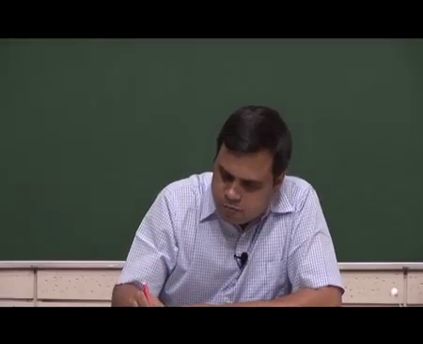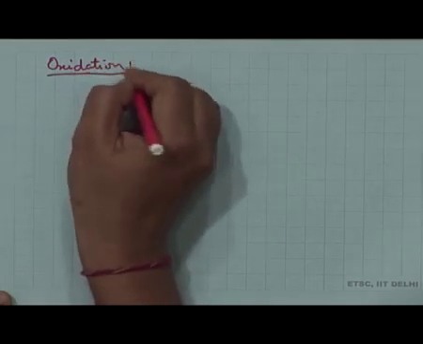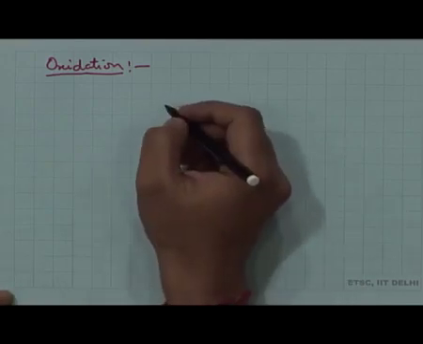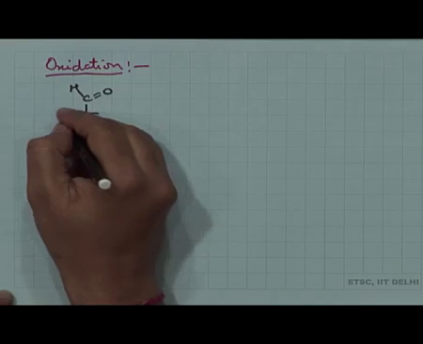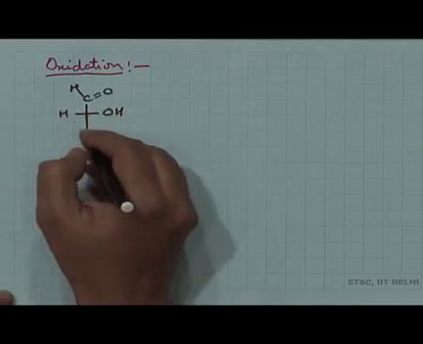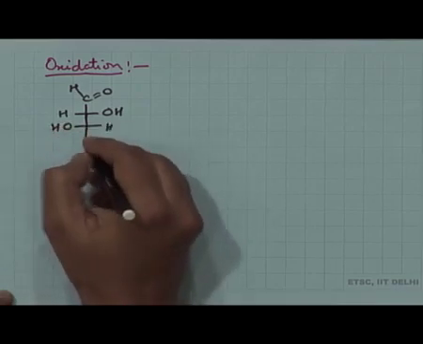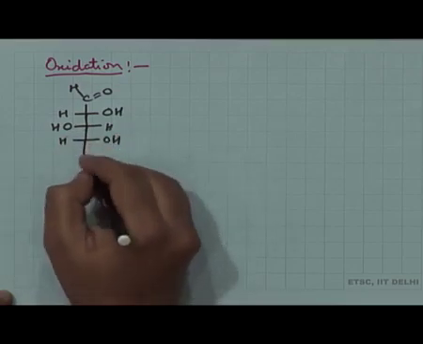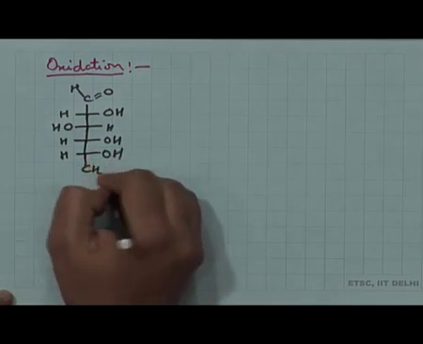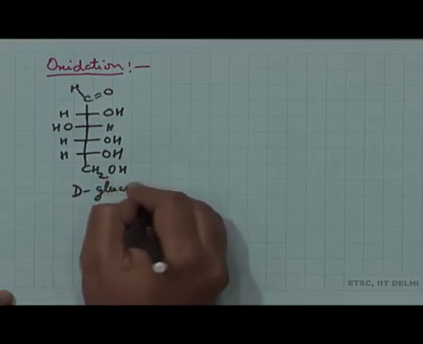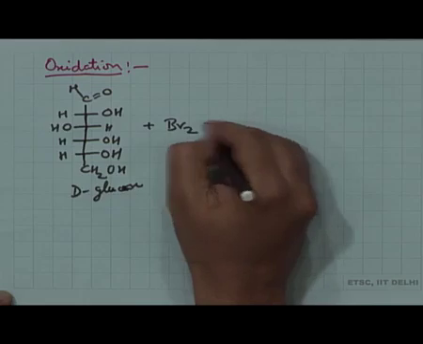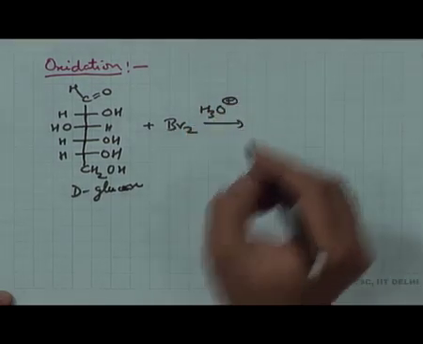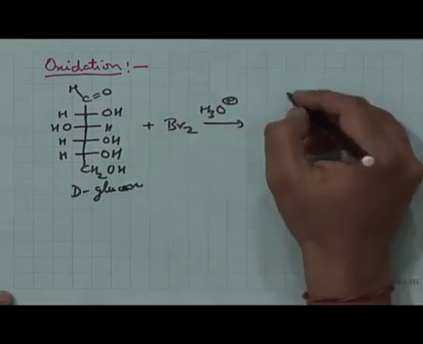Now, let us talk about the oxidation. D-glucose after oxidation generates D-gluconic acid. What is the structure of D-gluconic acid that can be easily generated from D-glucose? D-glucose in the presence of bromine water gets oxidized, the aldehyde group gets converted to the carboxylic group,